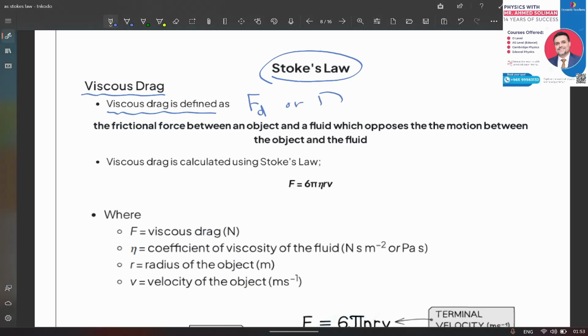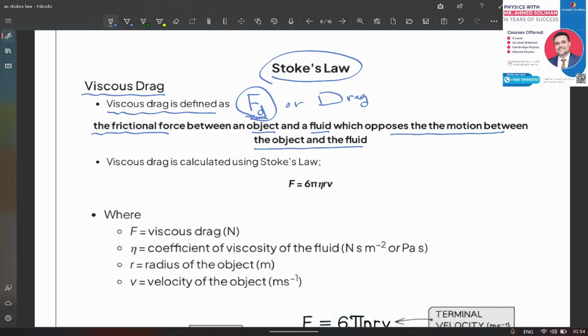FD, or you can write it as D, which means drag force. Drag force is similar to the frictional force. We said drag force, like air resistance, is a type of friction force, but between what? Between the object and the fluid, liquid or gas. In case of air, we said air resistance, but in case of a liquid, we don't talk about air resistance or water resistance or liquid resistance, we talk about drag force. So drag force is a frictional force between object and fluid, which is opposite the motion between the object and